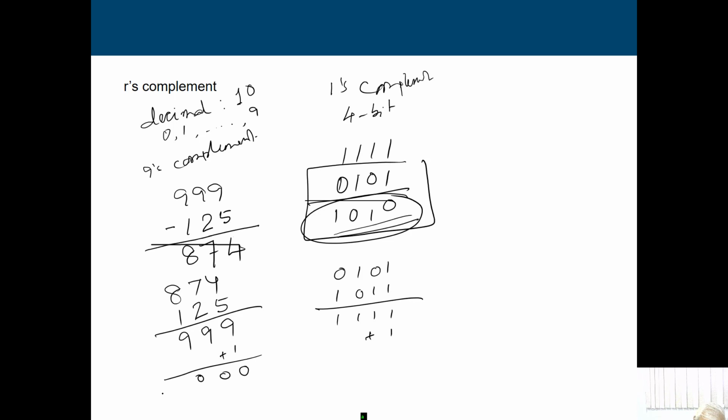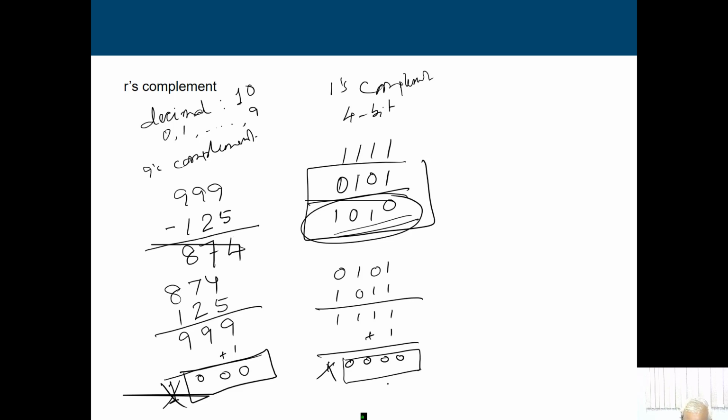0 0 0 1 1000, and here also I am going to get 1 0 0 0 0. Now, already said that when we talk about the complement system, we have to work with a particular fixed number of digits. So since we are talking about a 3 digit number, that means as a result we can consider only these 3 digits, that one we cannot consider. Similarly here also it is a 4 bit. So we worked with this particular 4 bit, and 1 we are not going to consider, or we do not have any provision to keep this particular one.